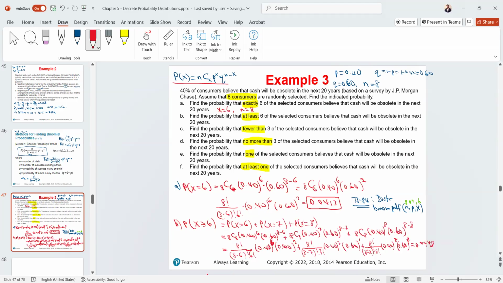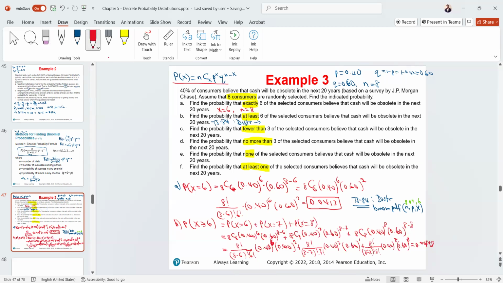0.0498. Don't forget, as I said, for this particular answer, if you use a calculator, for the TI-84, please do this: DISTR from the calculator. Then you do binomCDF. When you do binomCDF, because you said at least, you need to subtract